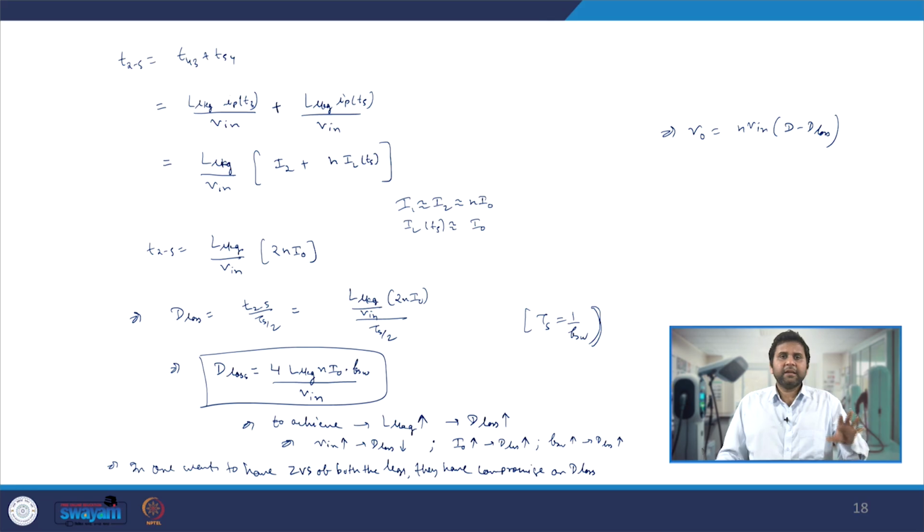So we have seen the different modes of the phase shift full bridge converter. We have also understood the necessary conditions to achieve ZVS turn on of the leading leg and the lagging leg. We have also seen the required values at that time to be given to achieve the ZVS turn on of leading leg switches and lagging leg switches. And then we have seen that in order to achieve those ZVS, we are losing some of the duty ratio, and we have come up with the expression for the amount of duty which is lost. And finally we have understood all the different modes of operation of PSFB.